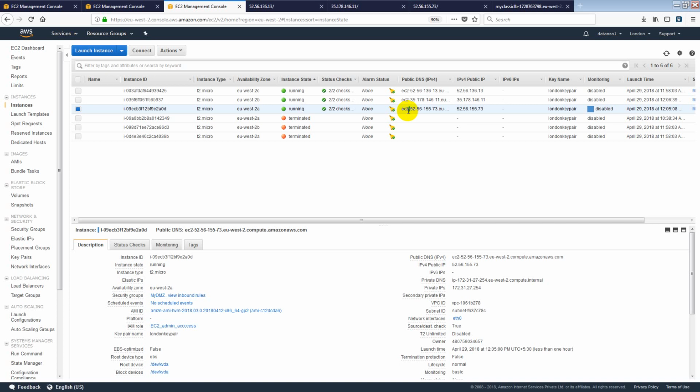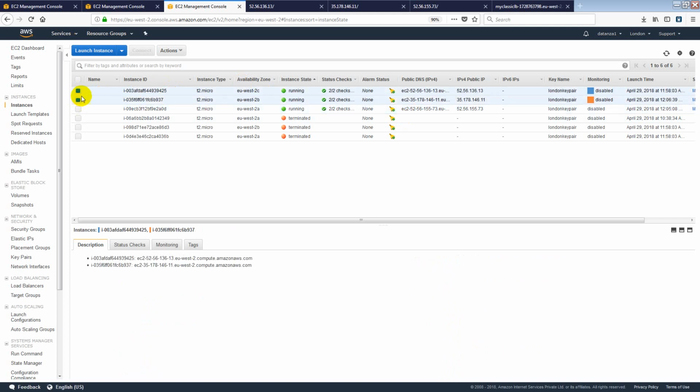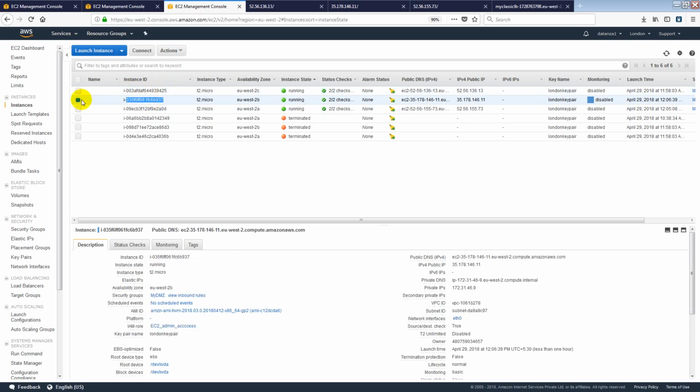Now I will tell you one thing. There is a small confusion here. Let us talk about an Oracle RAC instance. In Oracle RAC, you create two individual EC2 instances and put them in a RAC cluster. Oracle RAC will internally manage it: if one instance is not available, the resources will go to the second instance. It will not take care of the server instance; it will take care of the Oracle resources, which should be available on the second instance. Now, to come back to your question, if I come back to this thing,